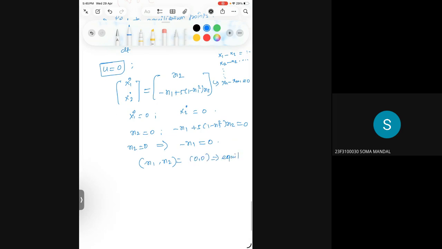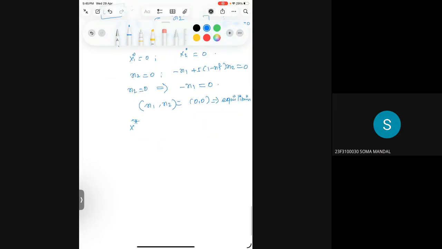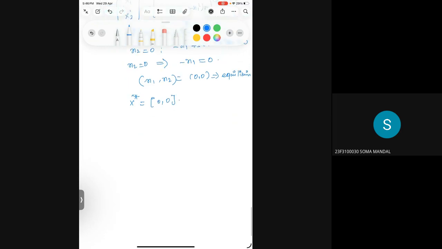Only at the origin will it be settling, not stable. Any equilibrium point can be stable or unstable, that we have to find. You cannot say equilibrium points are stable. At the origin it is settling, so that's why we call it an equilibrium point. So the answer for this question is 0, 0, right? I'm marking the equilibrium point as x star, 0, 0, where x is the actual state. Now the second question is asking us to linearize the system